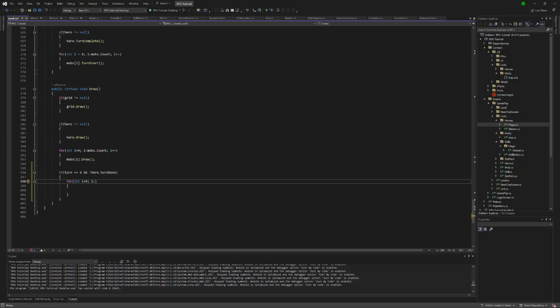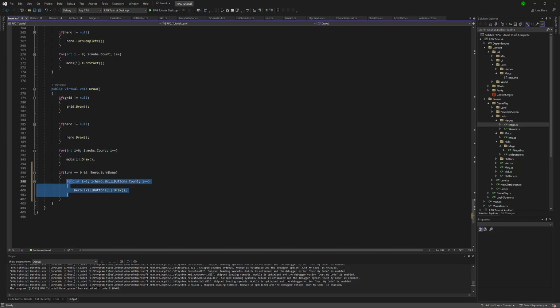Well, I also realized we didn't set the hero buttons to begin with, but we'll get to that in a second. I less than hero dot skill buttons dot count, I plus plus, and then in here we're just saying hero dot skill buttons I dot draw, and then if you notice there's nothing in our draw anymore,